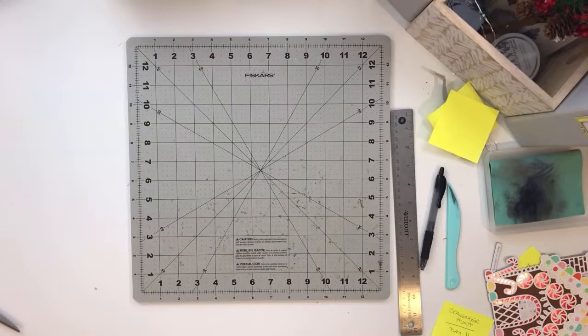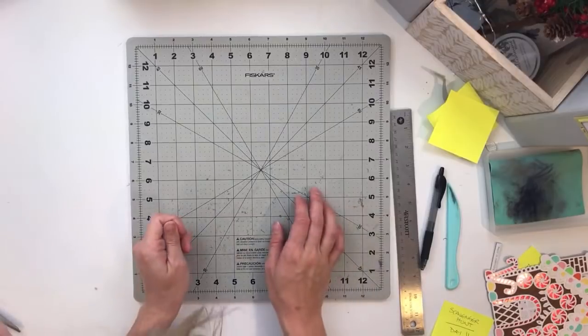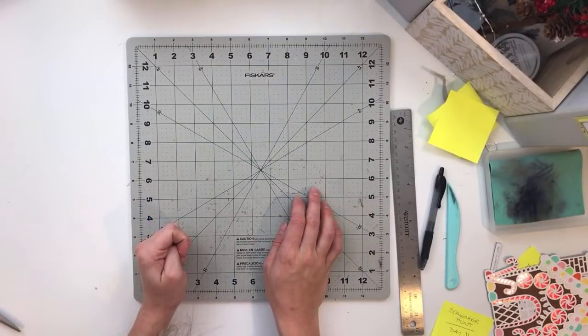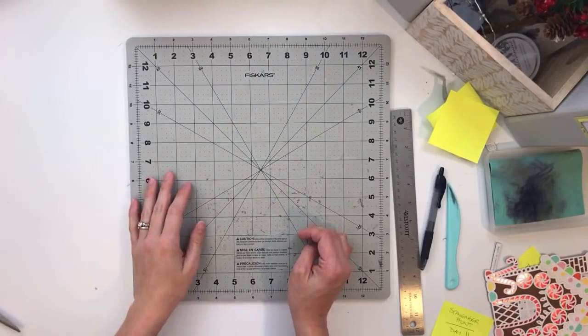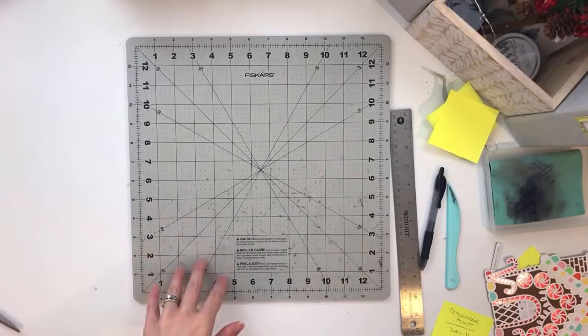I'm gonna try wiping it with the tissue and see if that gets some of it. Nope, totally does not. So we're just gonna do what we gotta do. We're fine. If you let the paste dry on it, then what? You'll ruin your stencil. Well, okay. So while that does its thing,